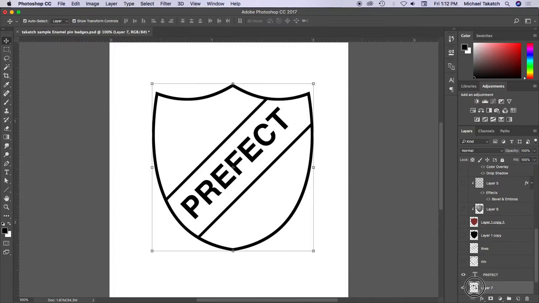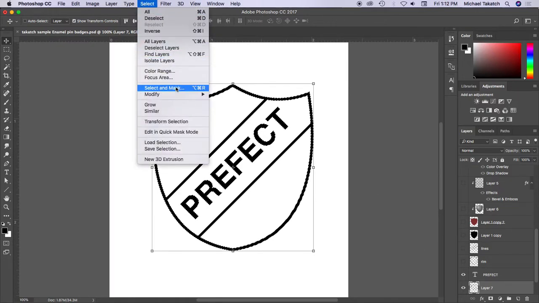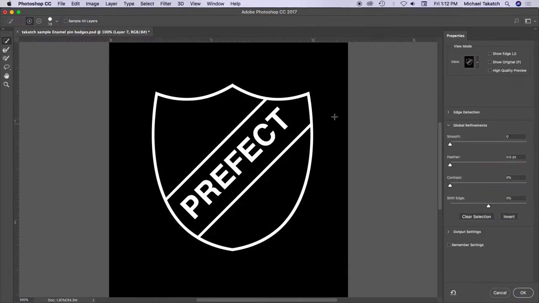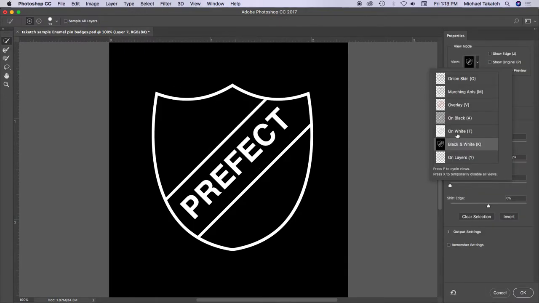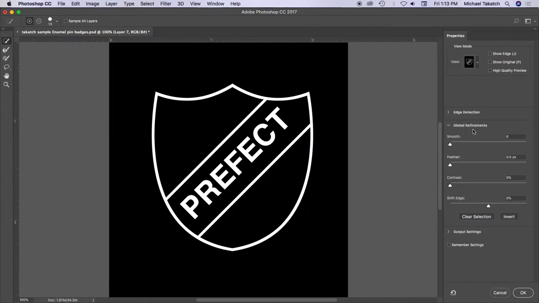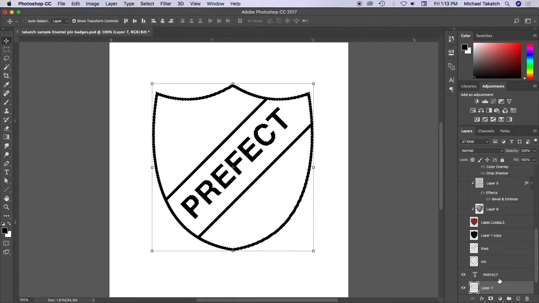To select this, just use the Command key and Shift key to select the next one there. So now everything is highlighted. Then go to Select and Mask. This brings this up. You have all these options to choose from, but the black and white is where you go. You can watch the edges here to round them off a little bit. Not too much, and you can type it right in there. Click OK. And now on a new layer, this is going to be the gold